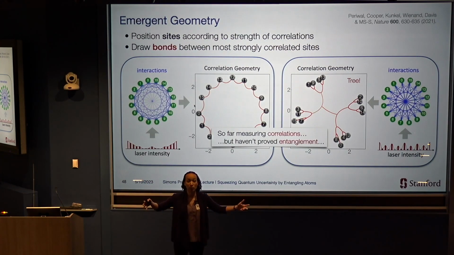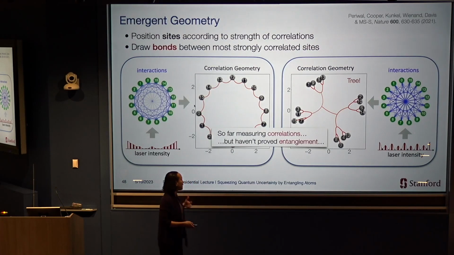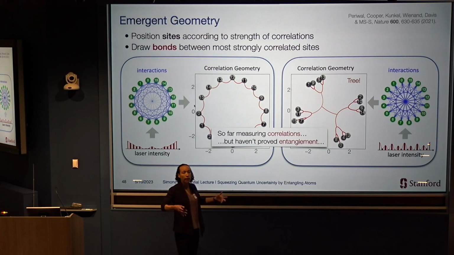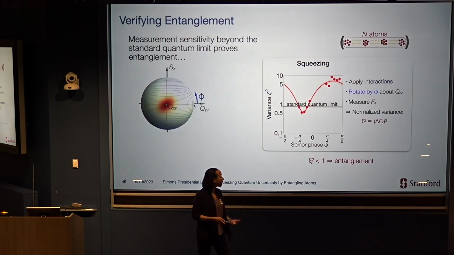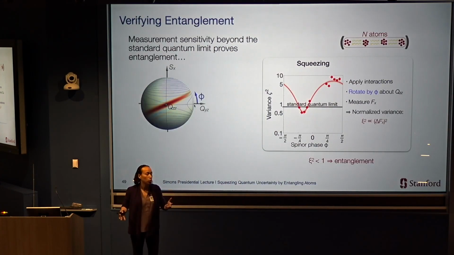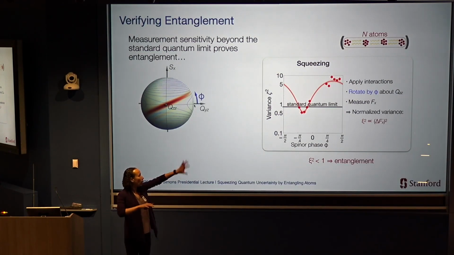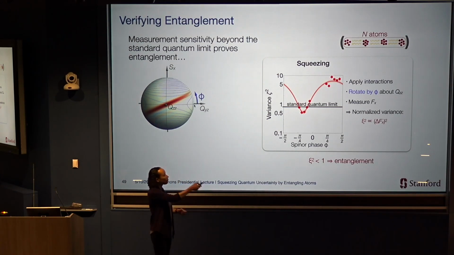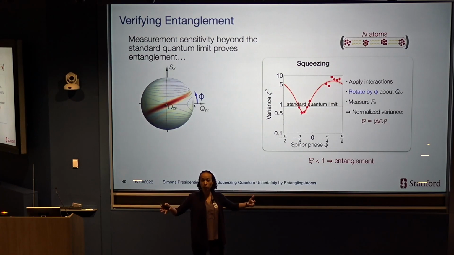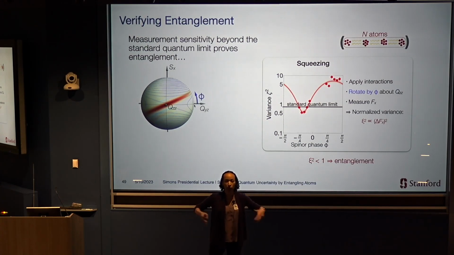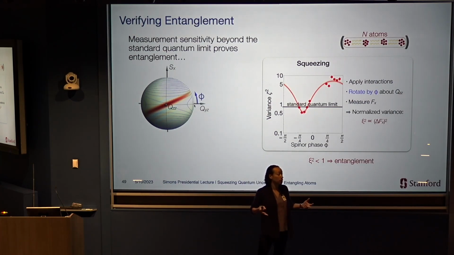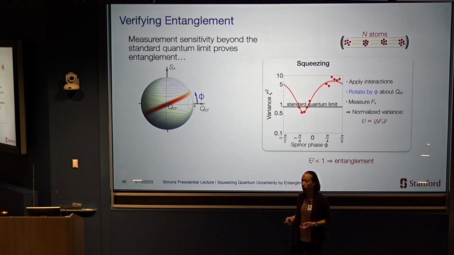And we'd love to actually be able to say something about the structure of entanglement. To go from saying we measure some correlations to we know that there's entanglement, there's a few different ways you can do that. In the simple case, if I go back to not this fancy graph of interactions that I programmed in, but just every atom talks to every other, one way to prove entanglement is looking at quantum fluctuation. Taking ideas from this area of quantum measurement that I mentioned before, if I can do a measurement better than the standard quantum limit, that's one way to prove that there's entanglement in my system.